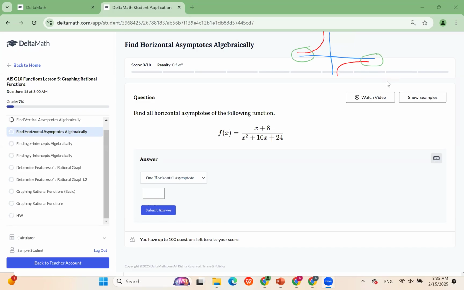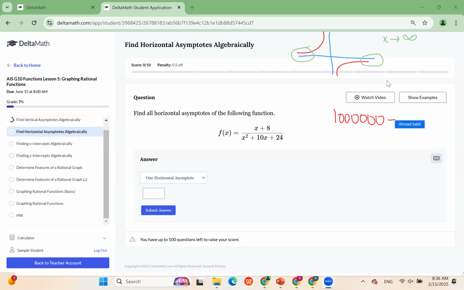We plug x in as a very large number, so as positive infinity or negative infinity, it doesn't matter. We just choose any random large positive or negative number and plug in x. Now, there is something to bear in mind when we're doing that. For example, if I plug x in as a million